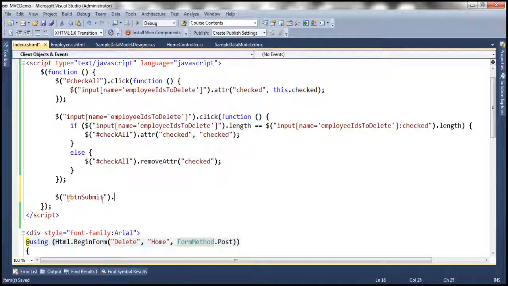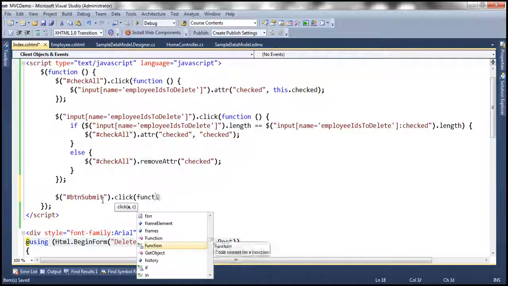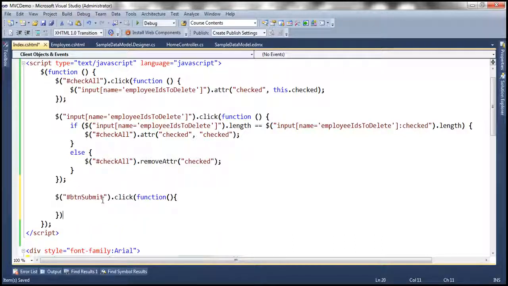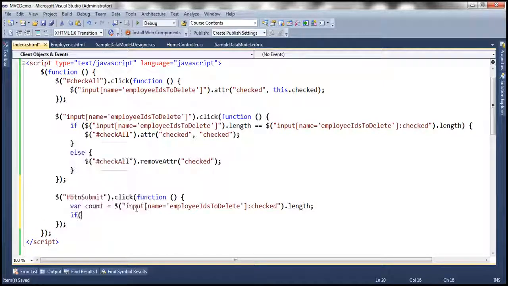And then when somebody clicks on that, what should we do? We should write a function. So what should we do? We should find the checkboxes that are checked, and I'm going to use a JavaScript variable, count, and we are going to initialize that to 0. If that count is 0,